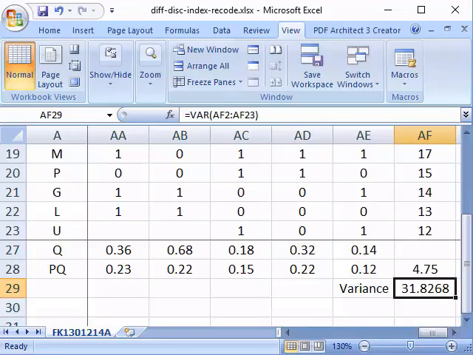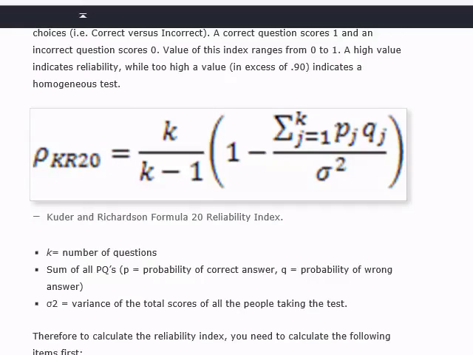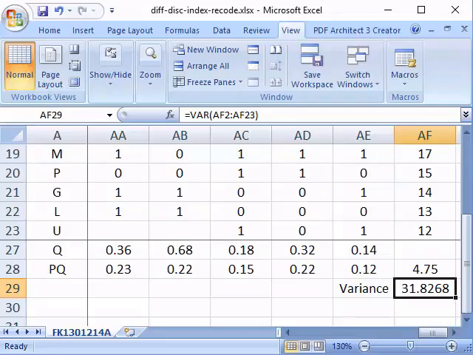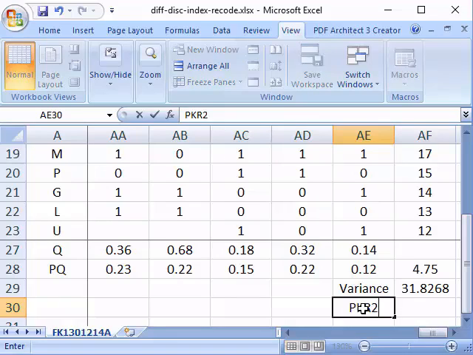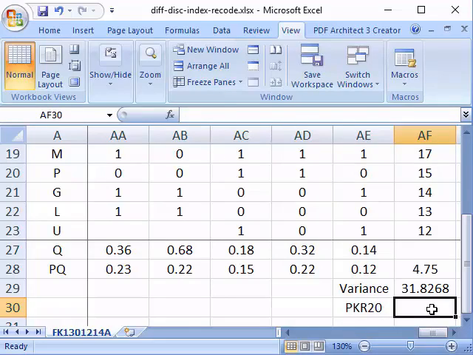Okay, and that's it. Remember the aim of the whole exercise is to calculate the reliability of the questions, which is the rho KR20. So this is the formula for the rho KR20. So let's calculate that based on whatever we have calculated earlier. So the rho KR20, if you remember back the formula, it is the sum of the PQ divided by the variance. So we're going to start with that part first.